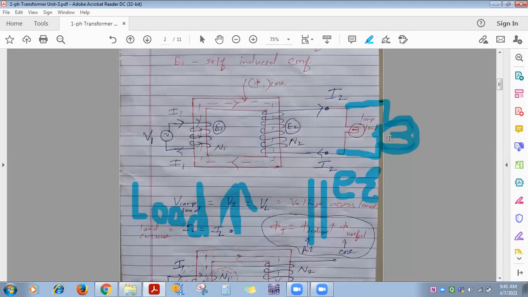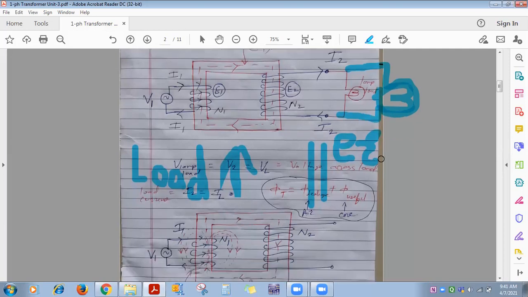Now consider 10 ohm and 10 ohm in parallel. What is the resultant? 5 ohm. If you increase load, I'm not talking about the secondary side copper winding resistance; two resistances are there, the copper winding resistance and the load resistance. I'm talking about the load resistance. So as load on the transformer goes on increasing, what about total load resistance? 10 and 10 ohm in parallel, resultant is 5 ohm. Load gets connected in parallel. That's why total load resistance increases or decreases?